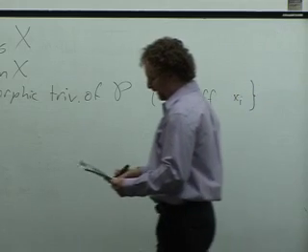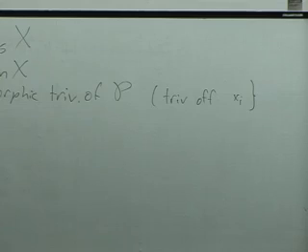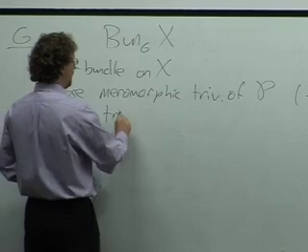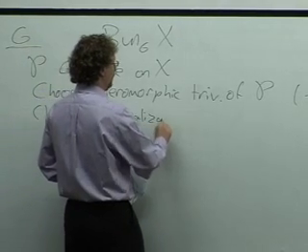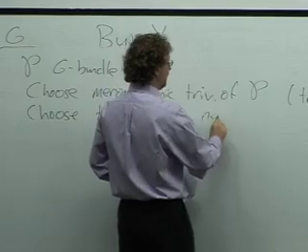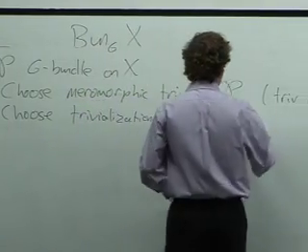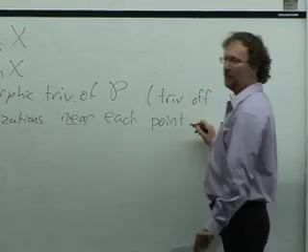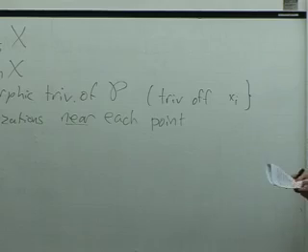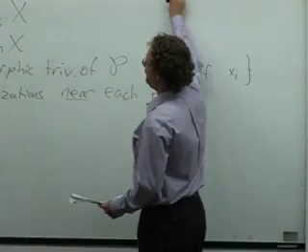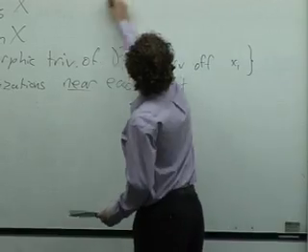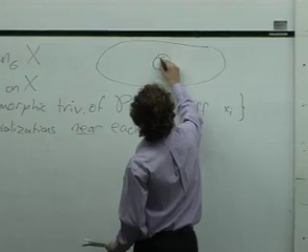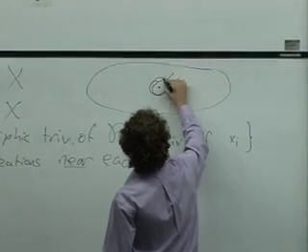And so now I'm also going to choose trivializations near each point, if you'd like, just the points x sub i, or if you want to be extreme, you can do this near every point on the Riemann surface. So what's my data? If I have a G bundle and I have a trivialization near this point, and I have a trivialization away from this point,